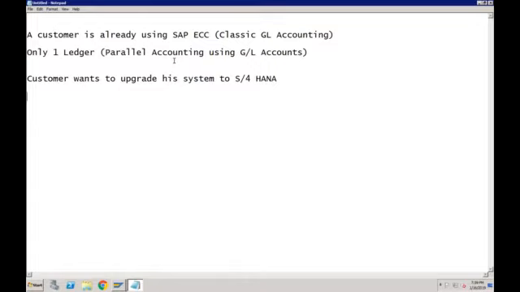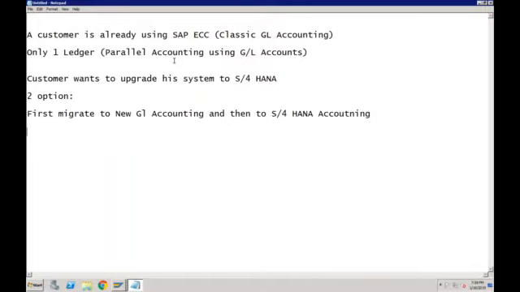In SAP S/4HANA he will get two options. Option number one is first migrate to new GL accounting and then to S/4HANA accounting.